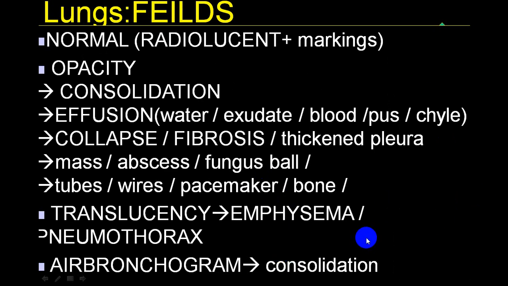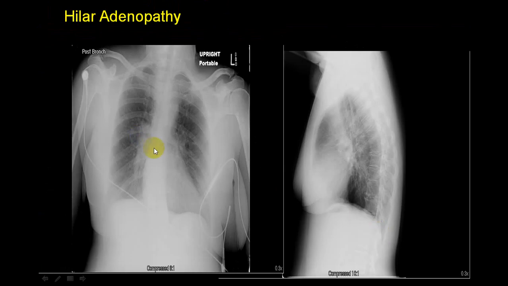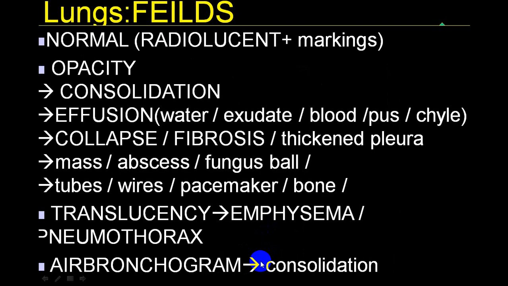Now just before this I have already mentioned that if the hilum is pulled up, it will be because of a right upper lobe collapse. If this is pulled down, it is because of right lower lobe collapse. If this is pulled up, left upper lobe, pulled down, left lower lobe. Along with this, you will see the diaphragm pulled up in both upper lobe as well as lower lobe collapse. And here the diaphragm will be pulled up in a left upper lobe and left lower lobe collapse. So do look at those signs when you are looking at the collapse. We'll be showing you in further X-rays.